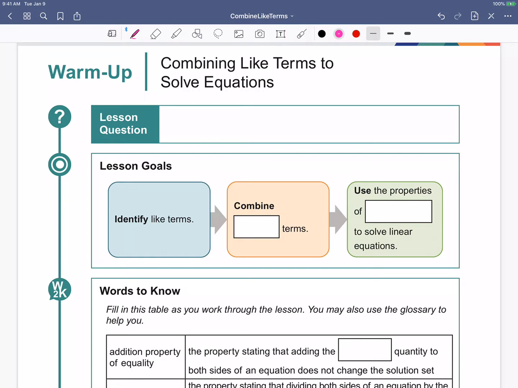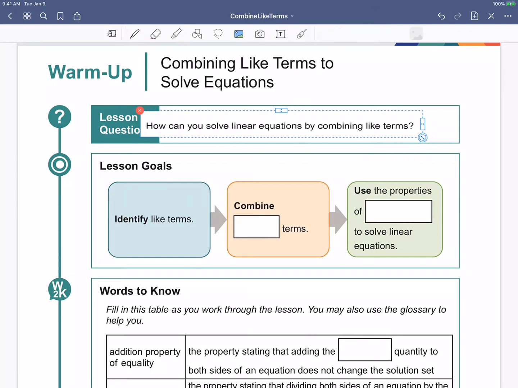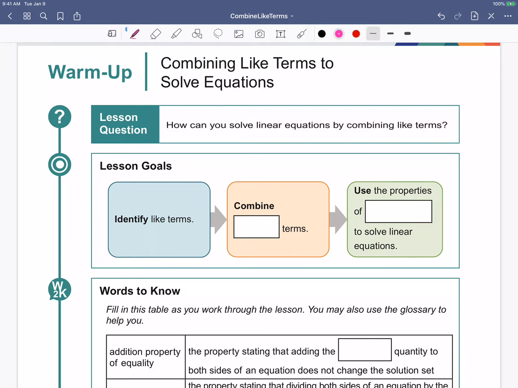So the first thing is combining our like terms, right? Combining like terms to solve our equations. Our lesson question is, how can you solve linear equations by combining like terms? Our lesson goal is to identify these like terms, then to combine our like terms, and use the properties of equality